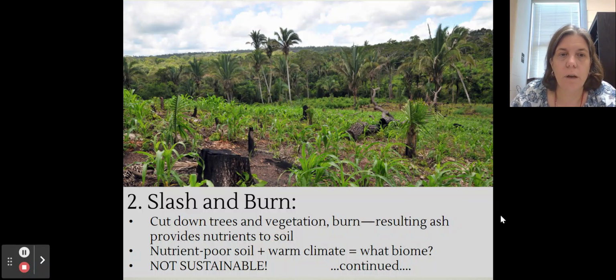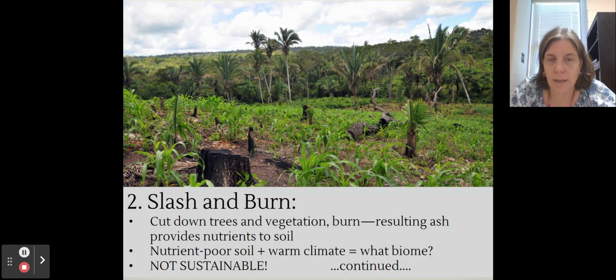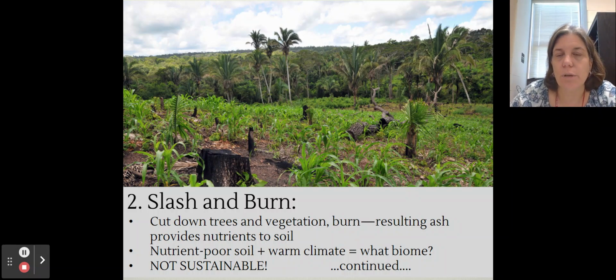And we're going to go to another technique called slash and burn. Now, I want you to realize here, slash and burn is not a type of agriculture. It is just a technique for cutting down trees and getting a field ready to be planted for the first time around. It's not a consistent overall technique. It's called slash and burn because they're trying to get this field ready to plant things. So instead of just